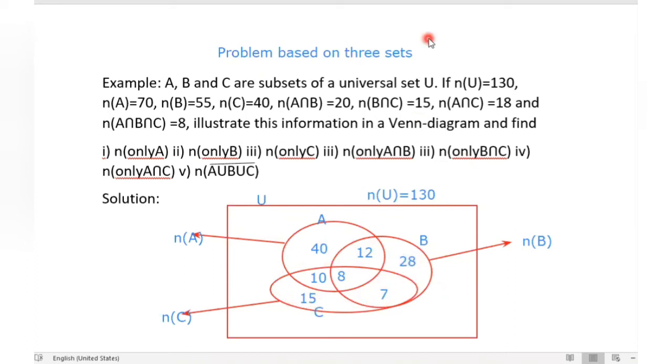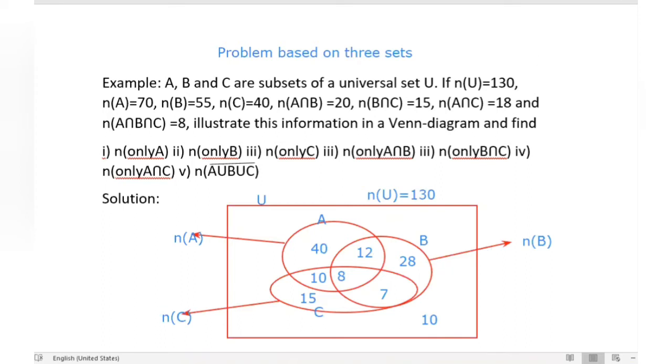So 10 more to make the total 130. We have to fill in 10 inside the rectangular box and outside the circles. Now the total is equal to 130. This means our calculation is correct.